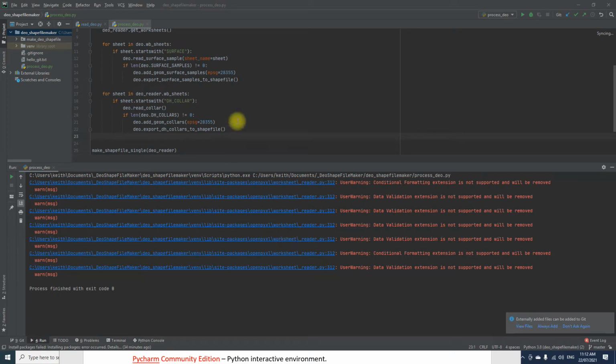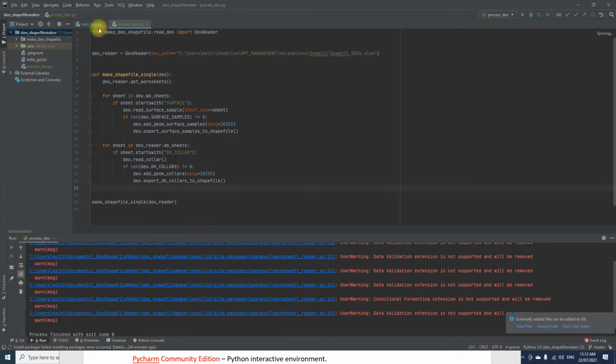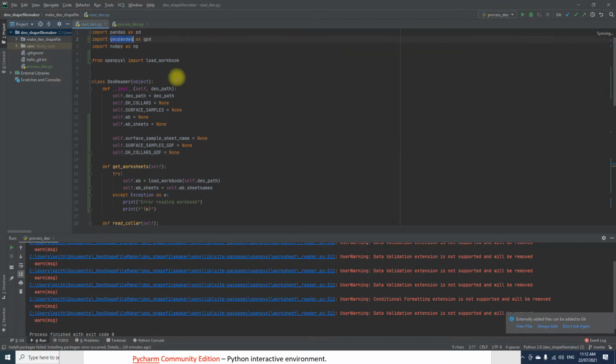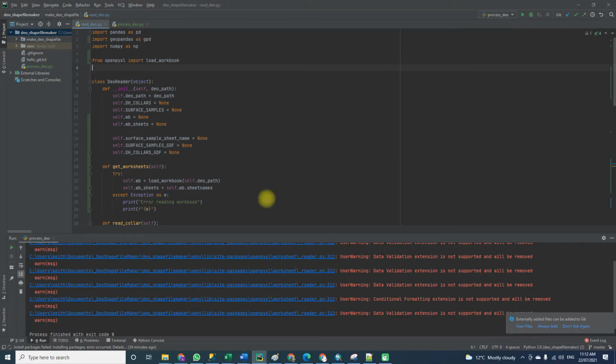Okay, so we're just going to talk about getting the install of GeoPandas working. It can be a little bit tricky, so I don't know what that message is there. Let's get rid of that. Okay, so